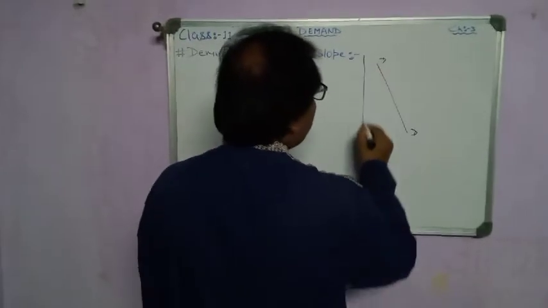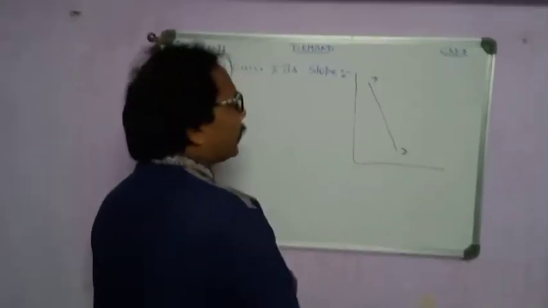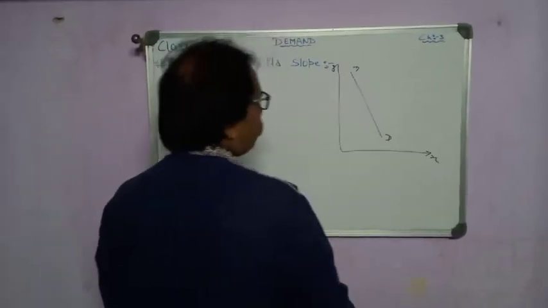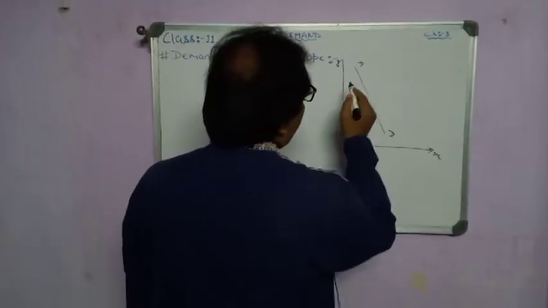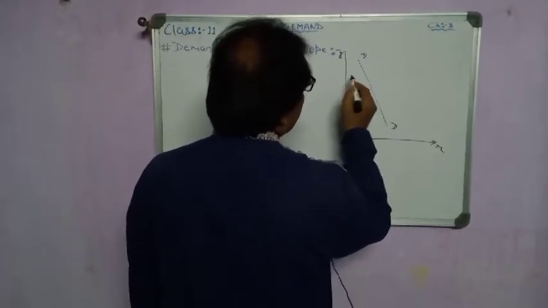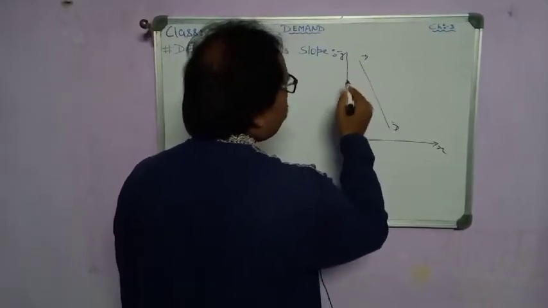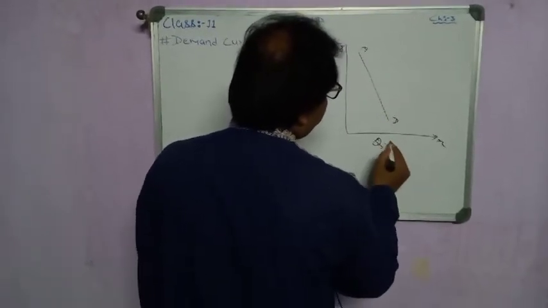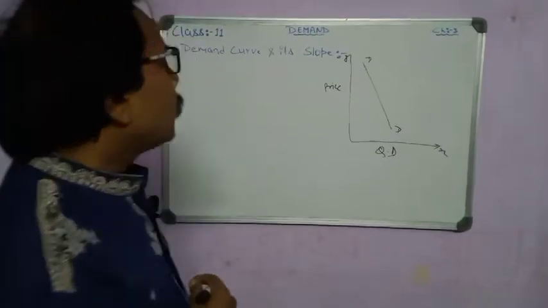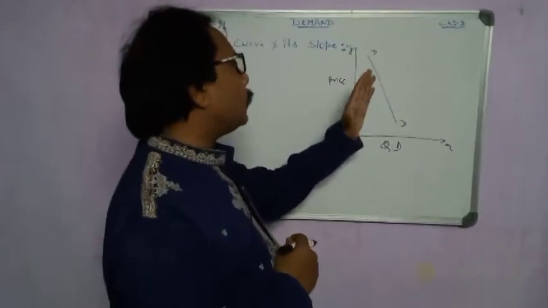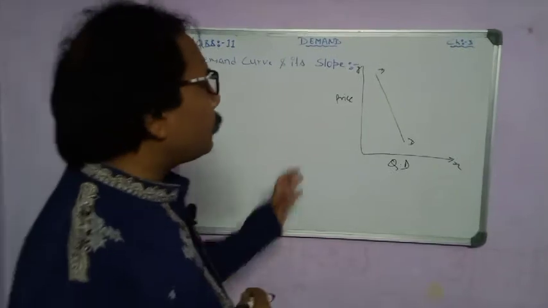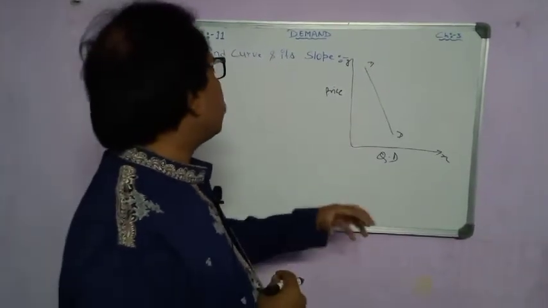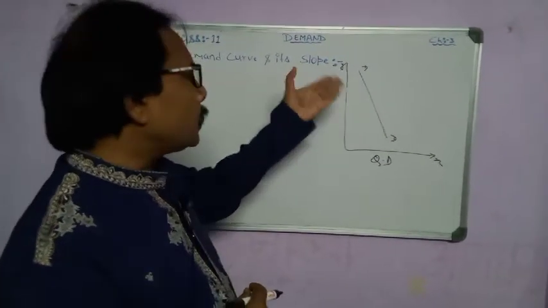So first, suppose there are two axes, one is the y-axis and the other is the x-axis. Okay, so this is the price, the variable, and this is the quantity demand, QD. Is it clear? So if we want to move the variable items from the y-axis towards the x-axis, due to that the curve always slopes.